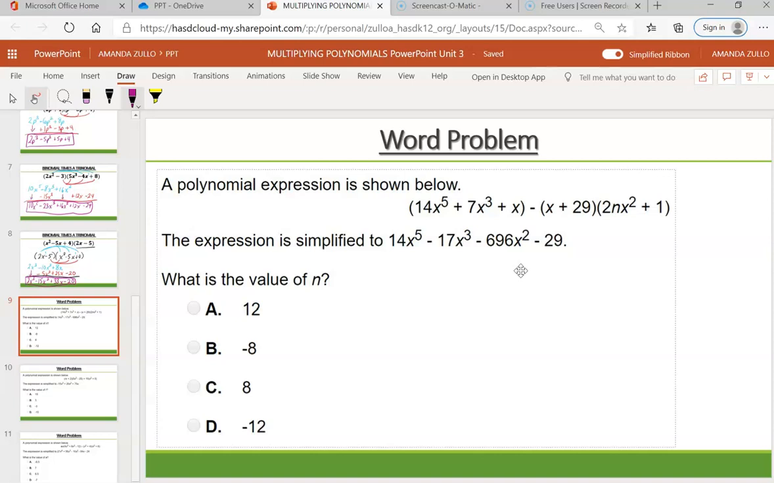So what you're going to want to do is do this exactly the same way that you would attack a problem if this didn't have an n in it. The n just acts as an extra variable, just kind of keep it along with it. So I'm going to copy down my first quantity. So I have 14x^5 plus 7x^3 plus x minus,